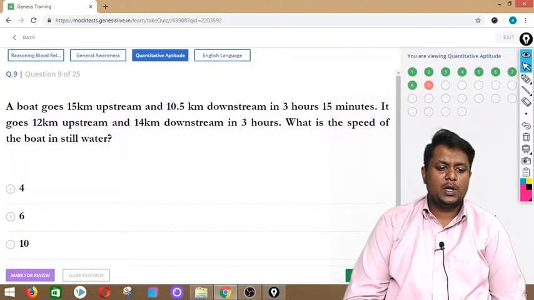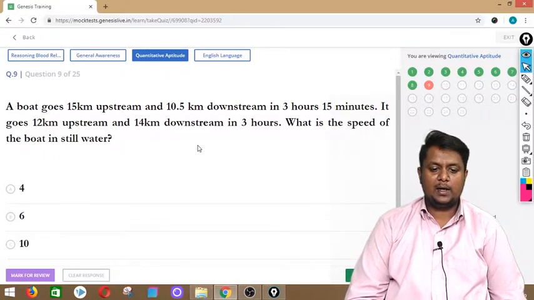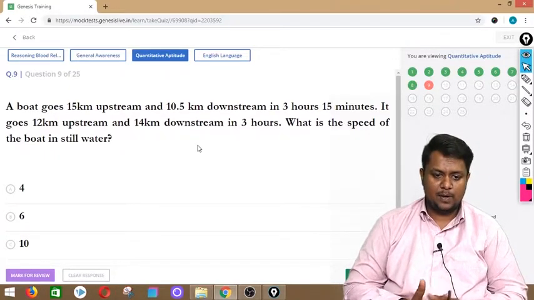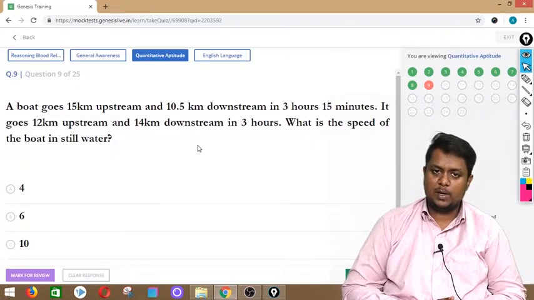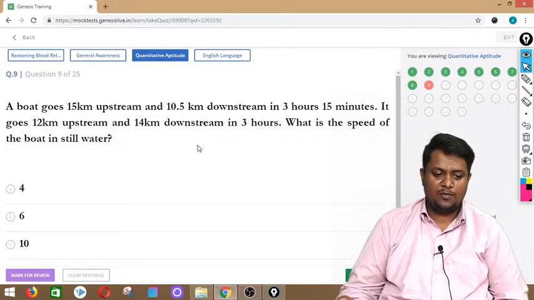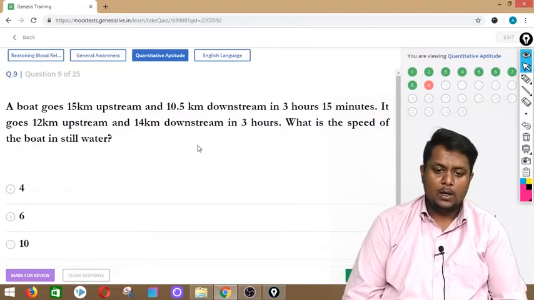A boat goes 15 km upstream and 10 km downstream in 3 hours 15 minutes. It goes 12 km upstream and 14 km downstream in 3 hours. What is the speed of the boat in still water? Now,